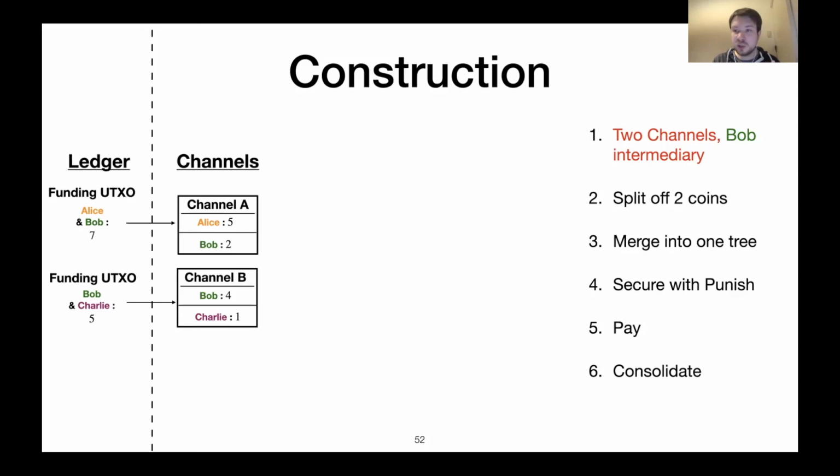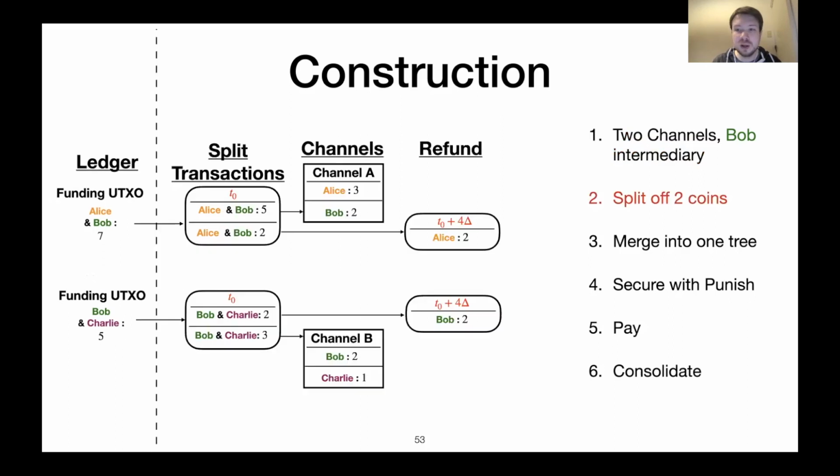Here in this case, we are not interested in the details of how these channels are constructed, so we just illustrate them with some black boxes. The first step of our construction of a payment of 2 coins is to introduce a split transaction. The split transaction's purpose is to split away 2 coins of the channel such that they can be used for our construction. So the split transaction has 2